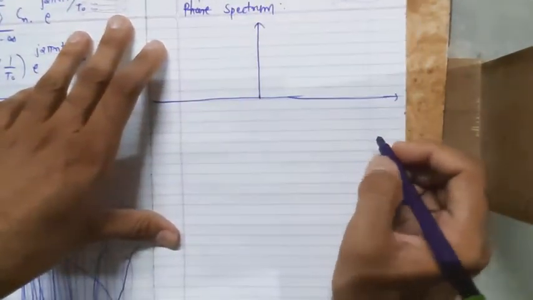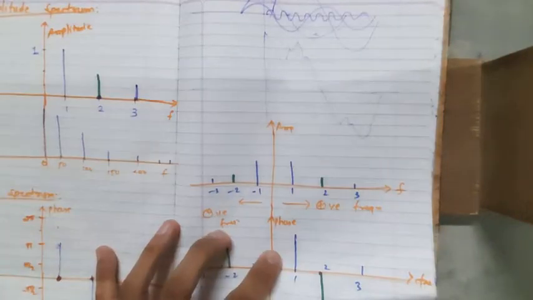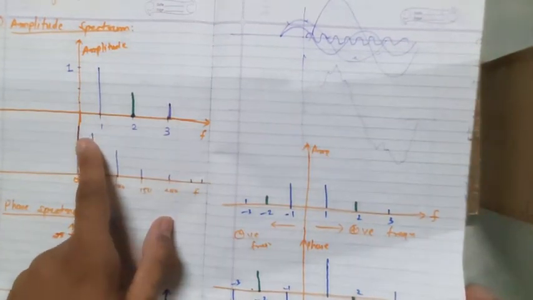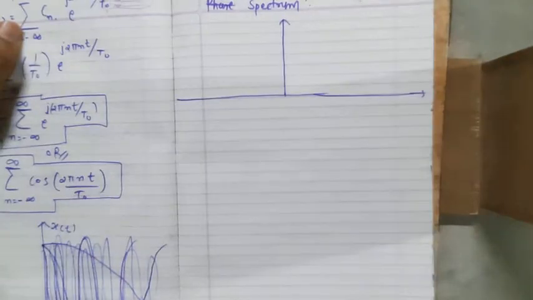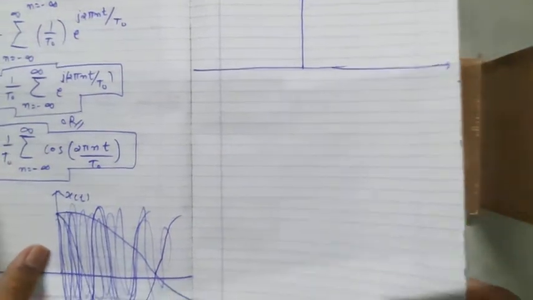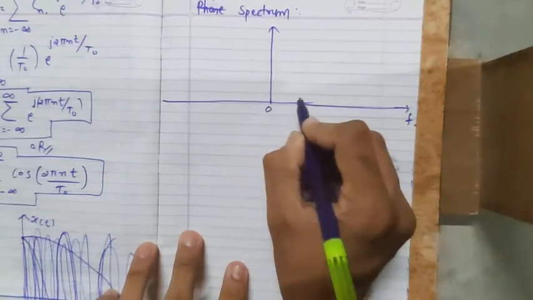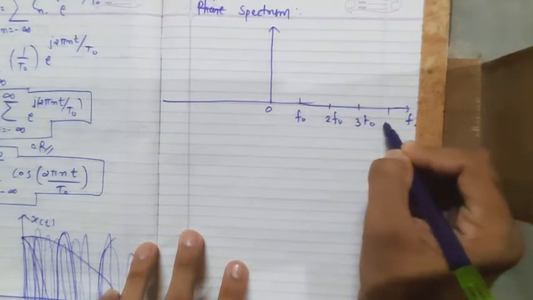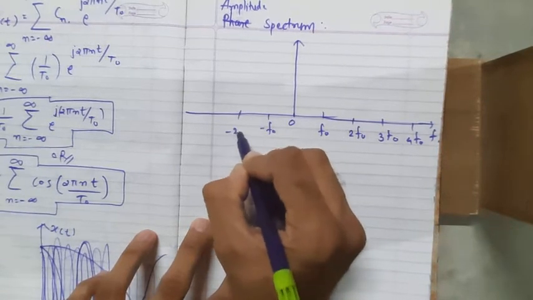So here it is, the amplitude spectrum. Recall what the amplitude spectrum is. This was it, one-sided and two-sided. Put the frequency and whatever number of the frequency, draw the bars. All right, so I'm going to plot it. How am I going to plot that? Here is the frequency and here is the 0, fundamental, second harmonic, third harmonic, fourth harmonic, and the same is true for the negative frequencies.